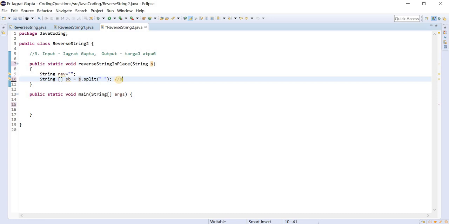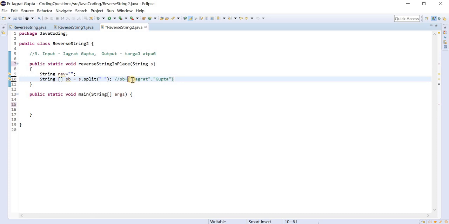What would be the output? Let me show you the output in this case. So this is the first place and this is the second place. So now you can say that this is the array of strings.